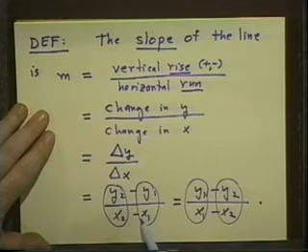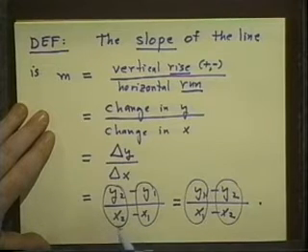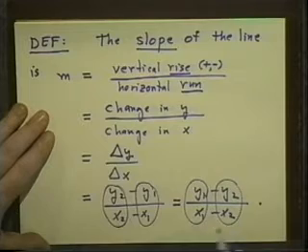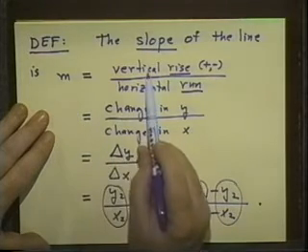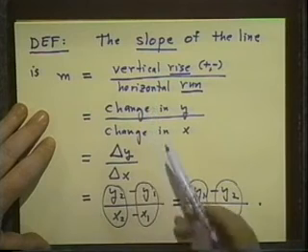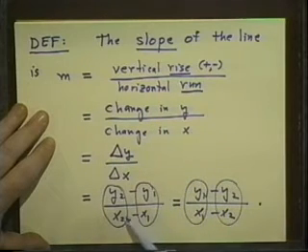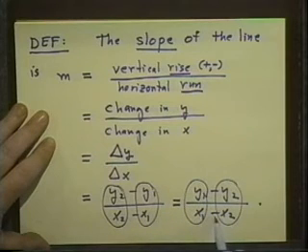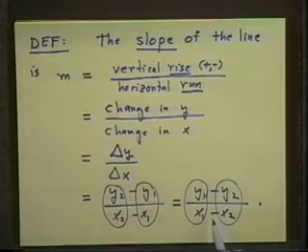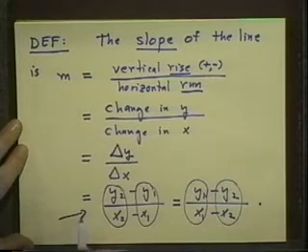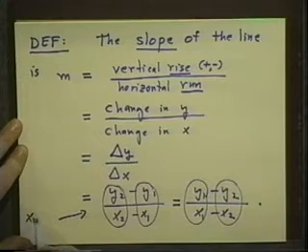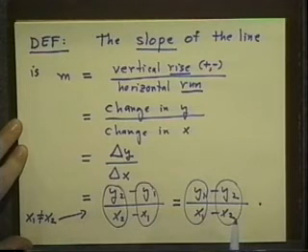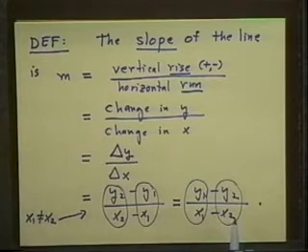Now there's something else here that's hidden until you take a pause and look at this. The slope here is defined as a quotient. Now there's a perennial problem with quotients. The bottom of the quotient is always a problem, because if the bottom of the quotient is ever 0, the quotient is undefined. So if we want to be careful here, we have to say one other thing. We have to say that x1 cannot be the same as x2, because if x1 and x2 are the same, the bottoms become 0. Now what would that mean